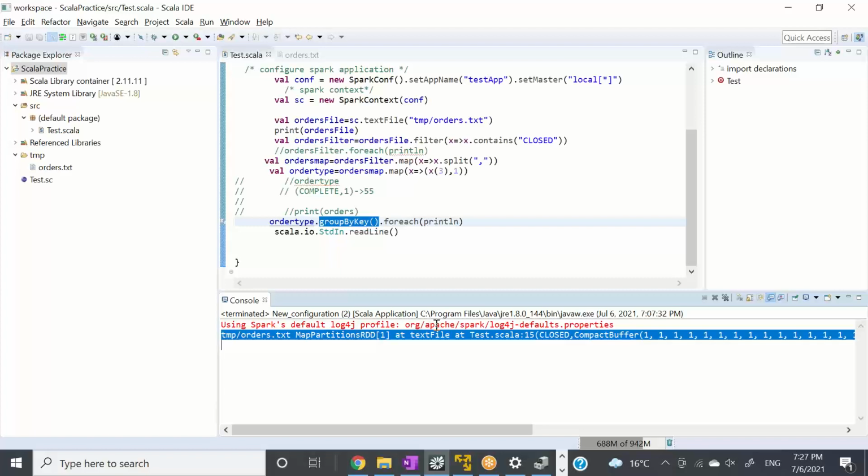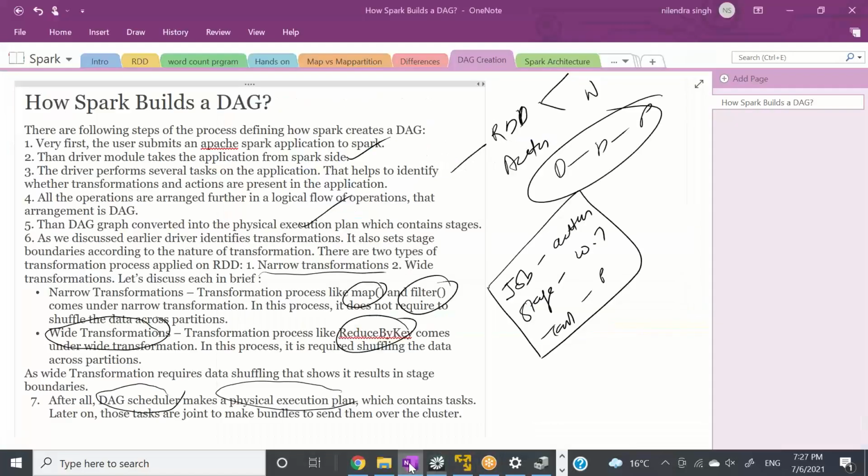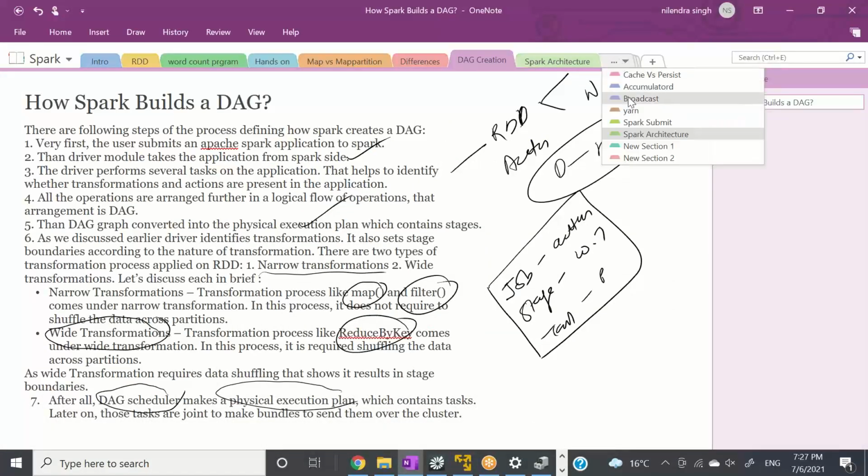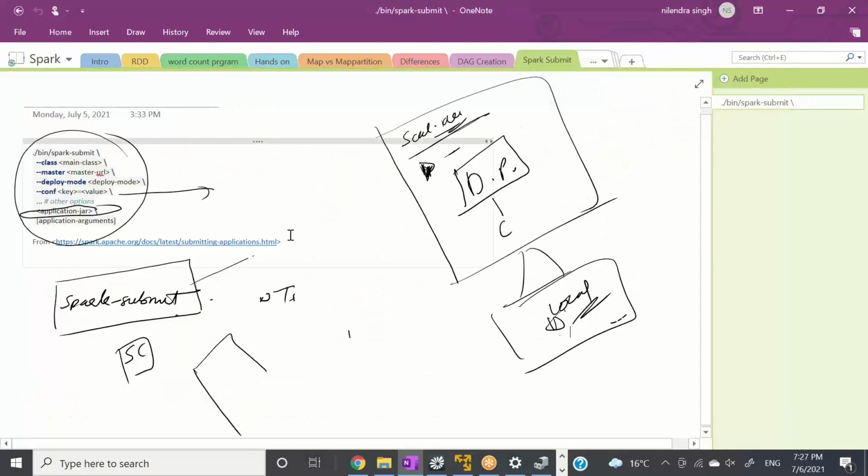So the cluster manager, right? One more thing, when we go here into the Spark Submit, so I have covered many things, like your class is your main class, your master is your cluster manager, right? And then deploy mode. Now, one thing is, what is this deploy mode? So deploy mode means, see one thing, when I'm running this code, I'm running it in my local. So my deploy mode is local, right? Simple. Now, when we go into cluster,